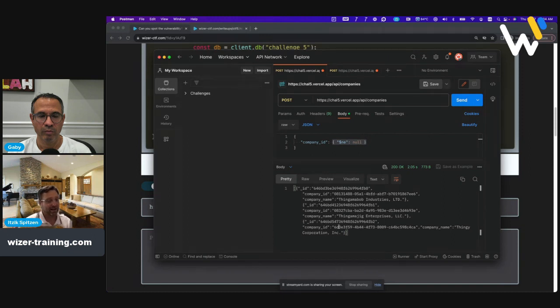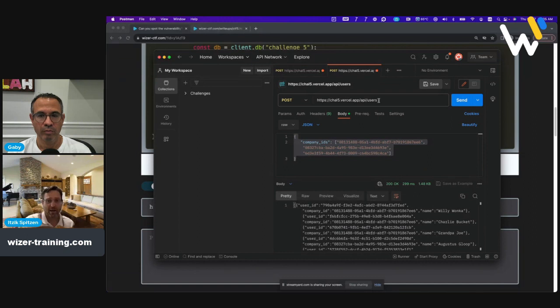That gives me a lot, because instead of trying to guess any ID, I can get those IDs right from here. I can get all the IDs of the companies. I might have more; in this example, only 3 companies. Then step number 2 would be to use those IDs to get the users. I know where Willy Wonka is and what Willy Wonka's ID is, so I can fetch the secret. With the users API, I provide all the company IDs I found before from the NoSQL injection scenario, and I hit send, and I'm getting all the users in the system.